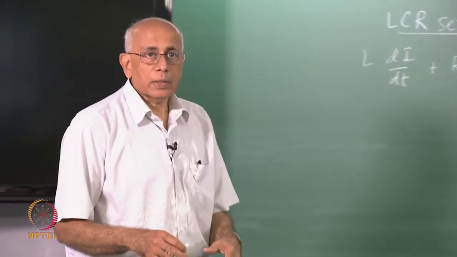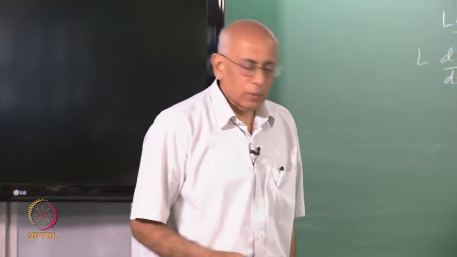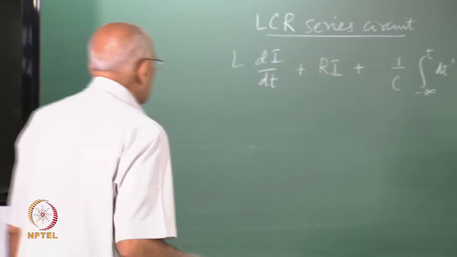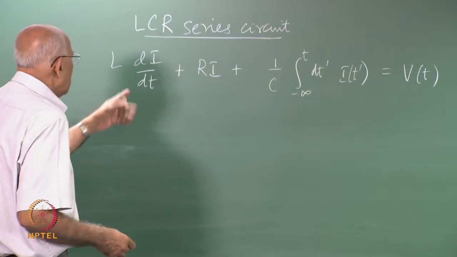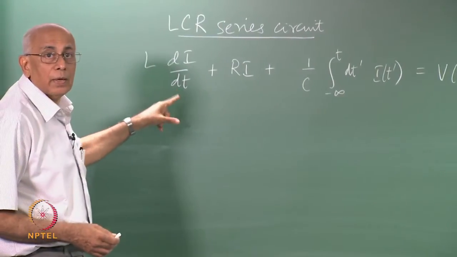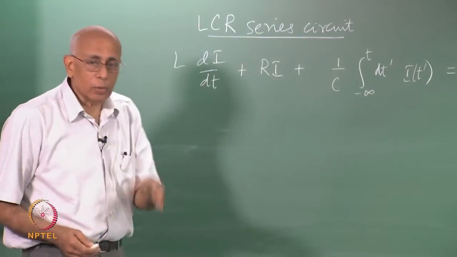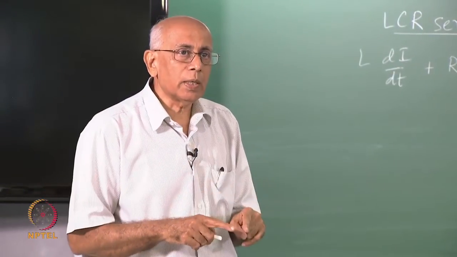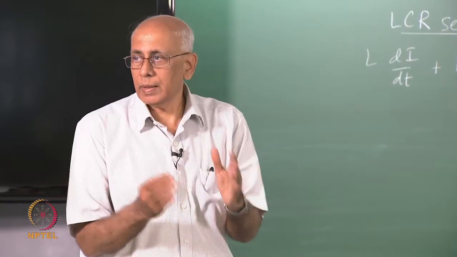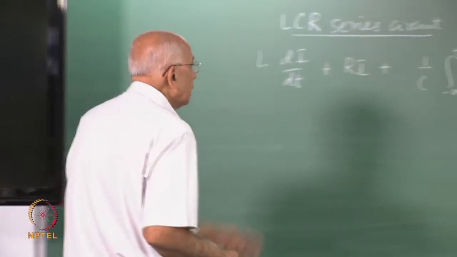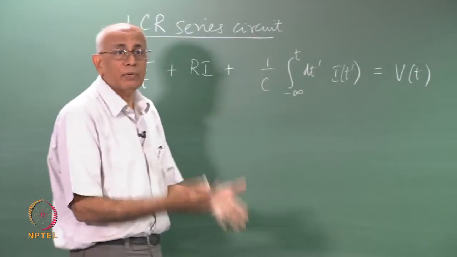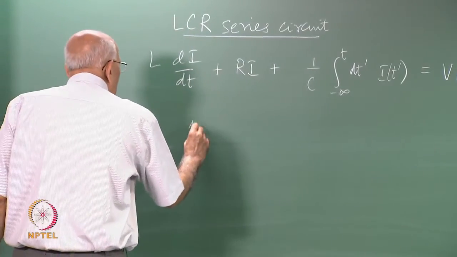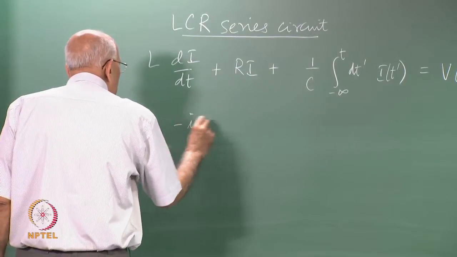Now we could ask what is the susceptibility of the system. In other words, given a voltage, what is the response like, the current response like, and I do the usual Fourier transforms, and it is clear that since I write I of t as integral d omega e to the minus i omega t, etc., when I differentiate with respect to t, I am pulling down a factor of minus i omega. On the other hand, when I integrate, I am dividing by a factor of minus i omega. So it is clear we can immediately write down this is going to be minus i omega L